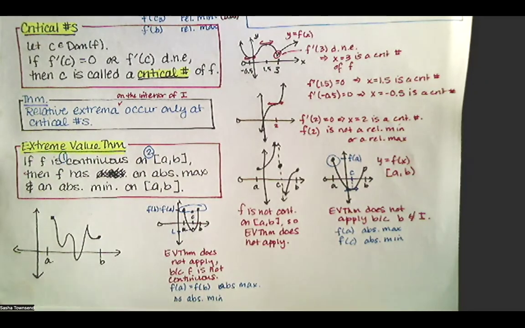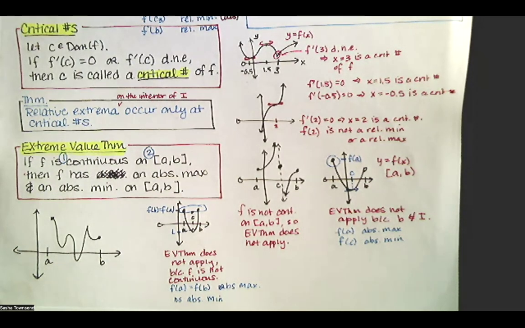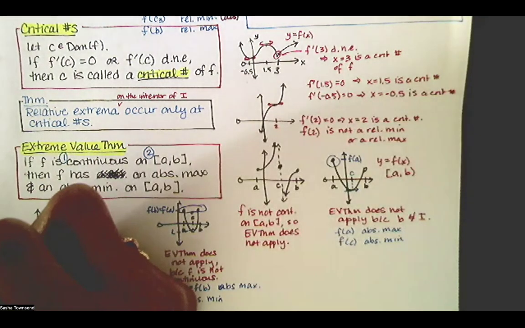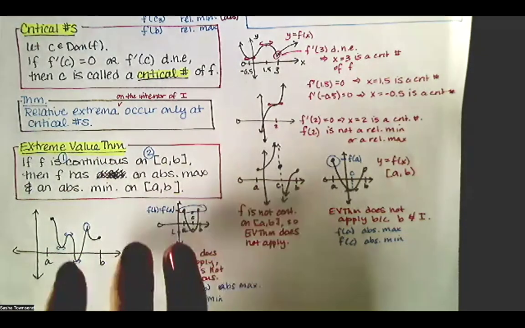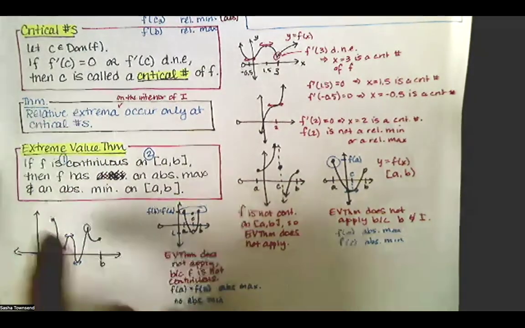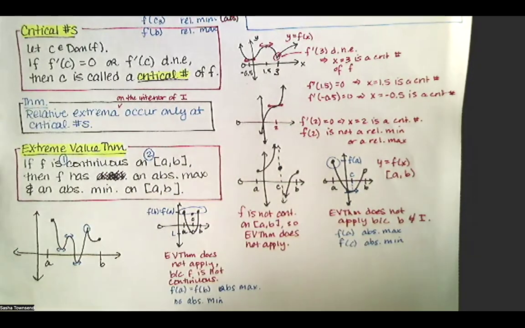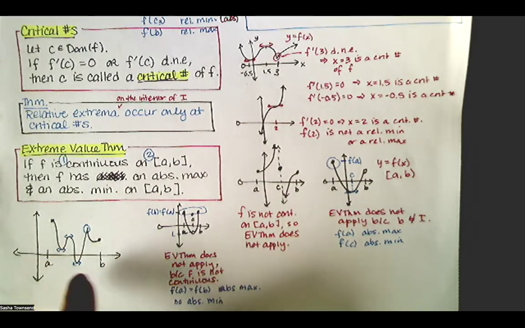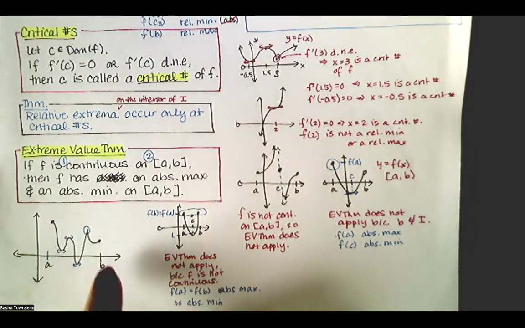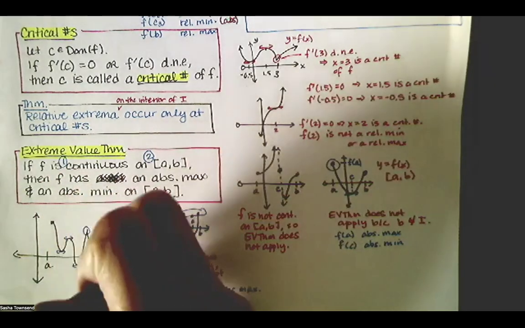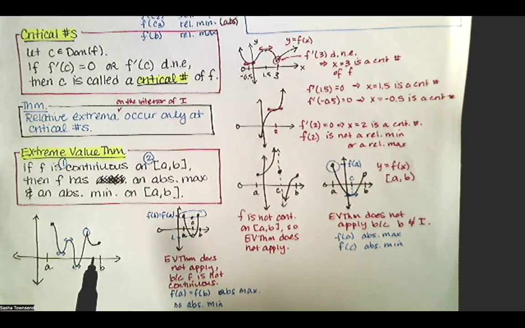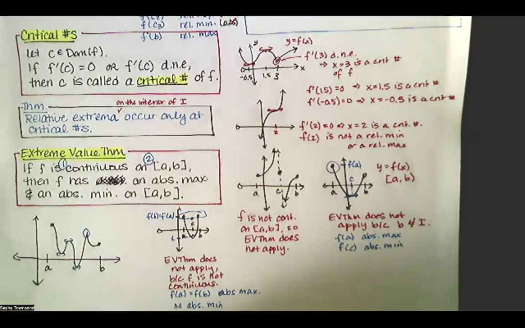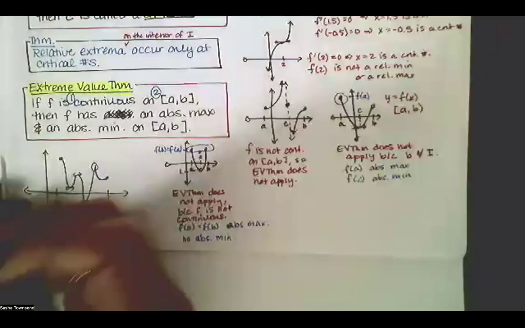On the interior of the interval, the possible locations for absolute extrema occur at the critical values. So we've got a critical value here, and here, and here, and here. But then there's also the possibility that our absolute max or absolute min could occur at the endpoints, so f of a and f of b. But if that function is well-defined on a closed interval, it's continuous, you can draw the entire thing without lifting up your pencil, then we're guaranteed to have an absolute max and an absolute min, and the extrema,